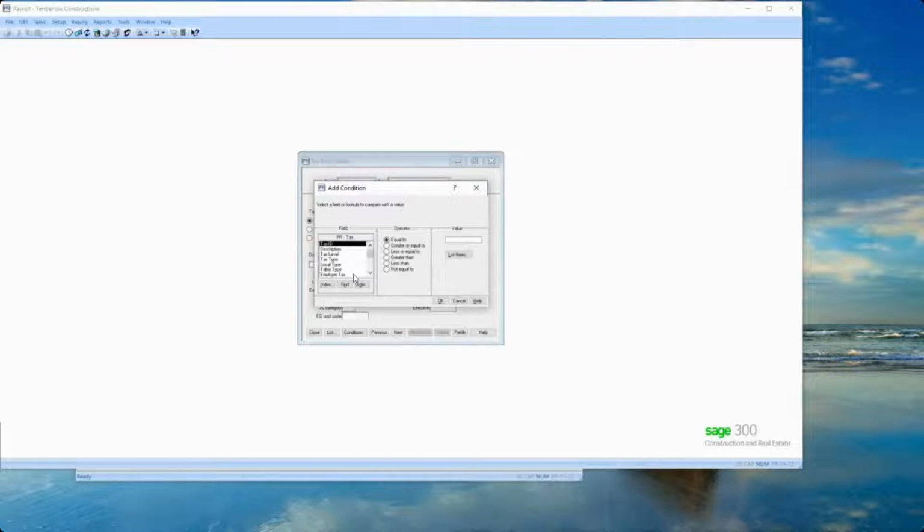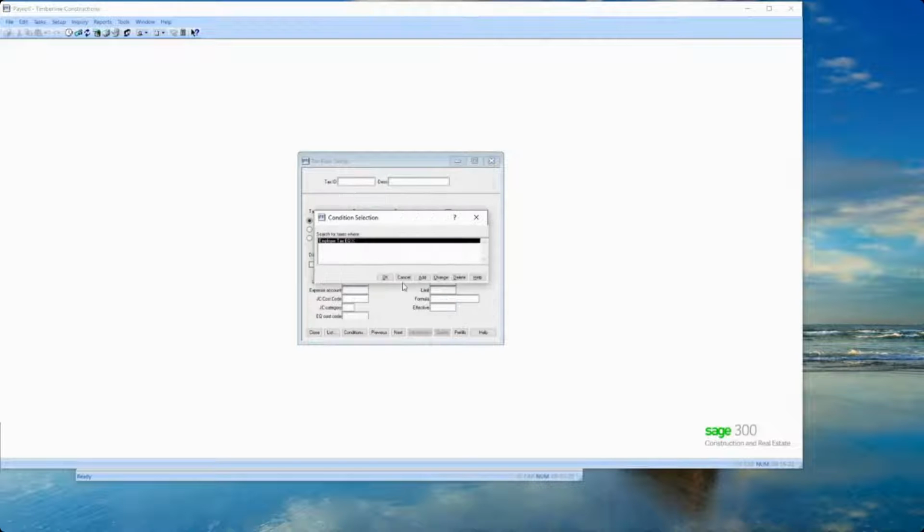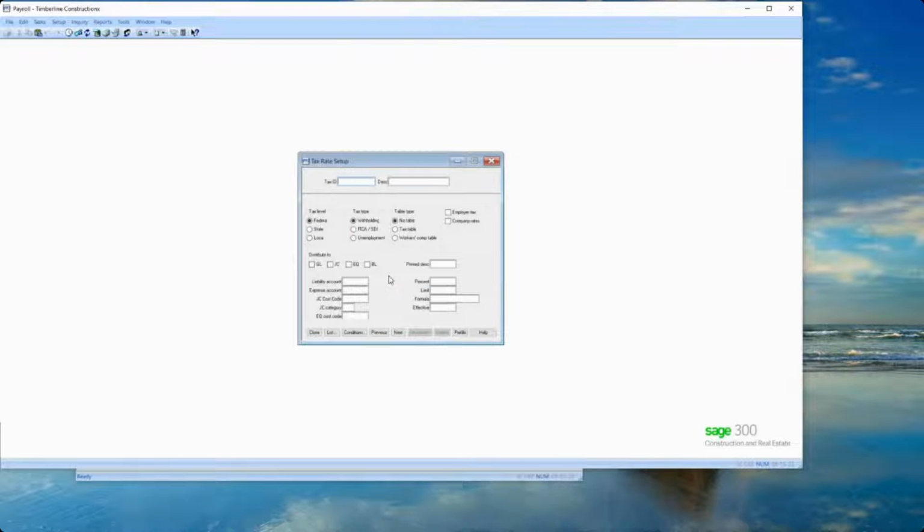And I'm going to set that to say, I only want to see taxes where the employer tax box is checked. So now I can say okay and okay, and click next, and it will only show me the employer taxes. You see this box here and how they're set up.